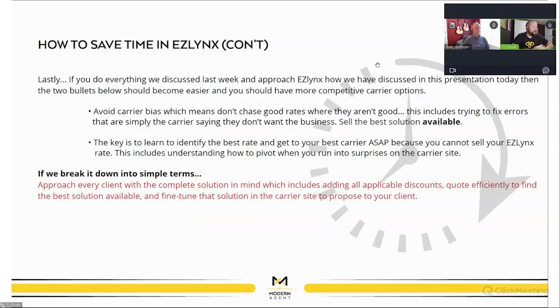So for our last slide, it's still kind of how to save time, but these ones are pretty important. If you do everything that we discussed last week, and approach EZLynx how we have discussed today, the two bullets below should be much easier. The first one is avoid carrier bias, which means don't chase good rates when they aren't good. And this includes trying to fix errors